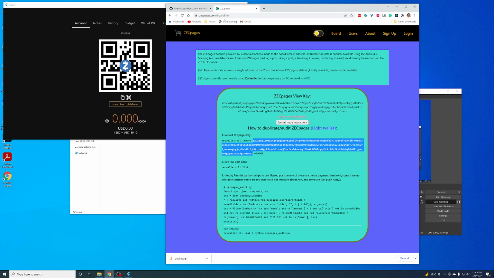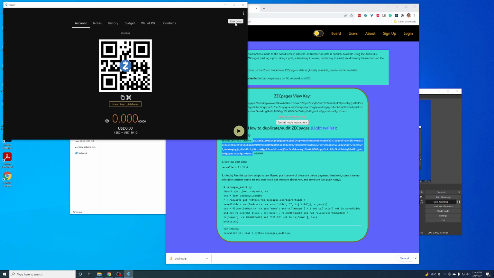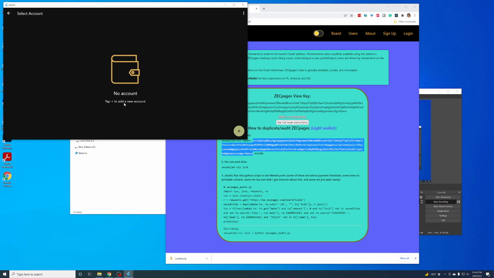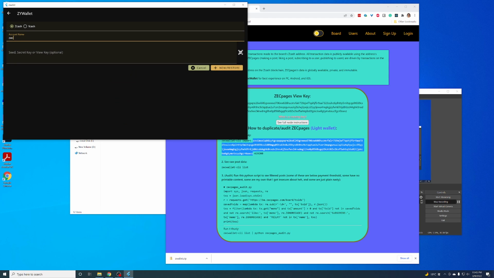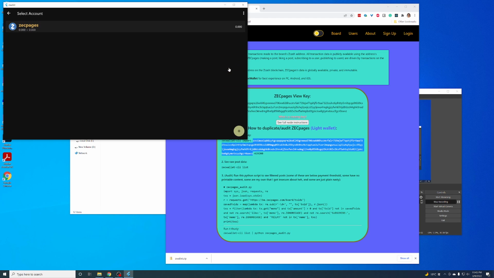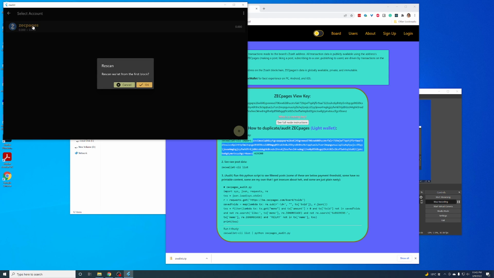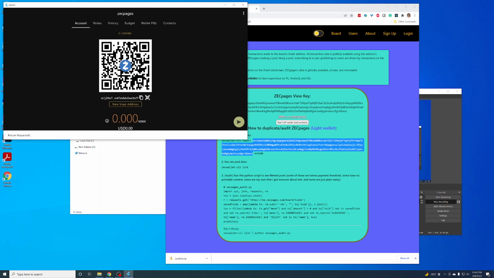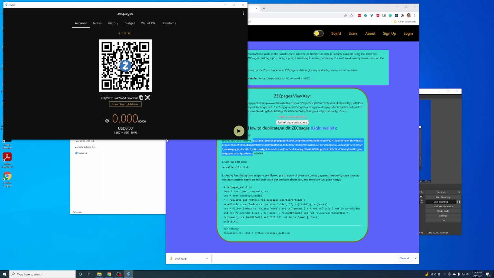And now we are going to import the famous ZPages view key, which I usually use as a benchmark. So this is the key here. And now we go to accounts and we do new account. That's the ZPages account. And then it's a Zcash one. So you select Zcash or Ycash here, but that's a Zcash account. So new release, we select this, and then we scan. All right, while we scan,